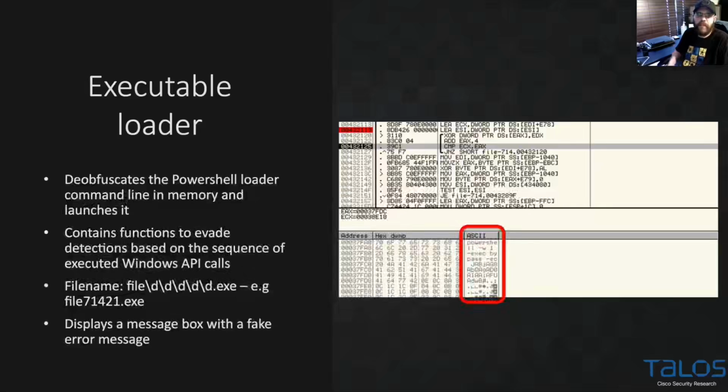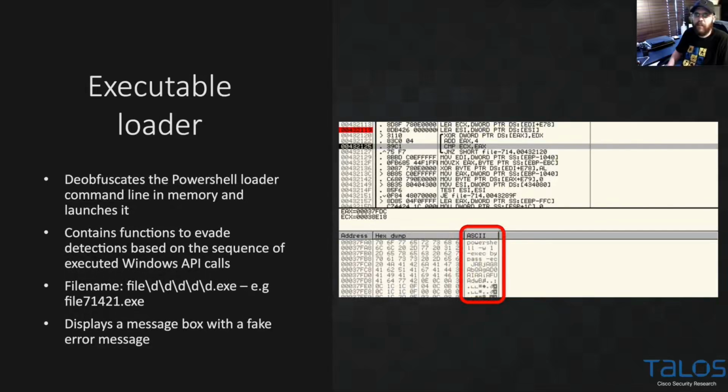So the executable based loader was pretty interesting. Like I said, its primary responsibility was deobfuscating and executing the PowerShell second stage loader. It had several interesting pieces of functionality. One of the things that it could do was it had functions that were designed to evade detection capabilities on endpoints. So a lot of times detection of malware is done based on the calling of specific Windows APIs in